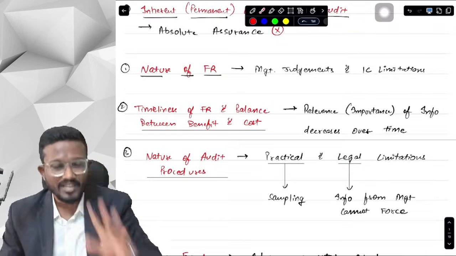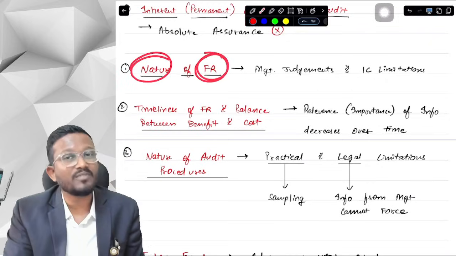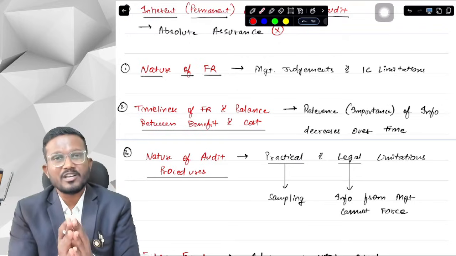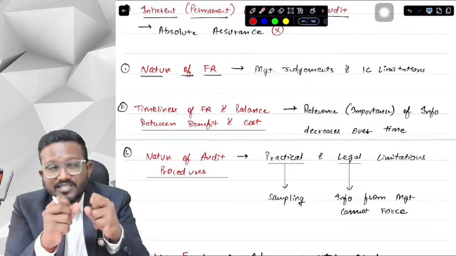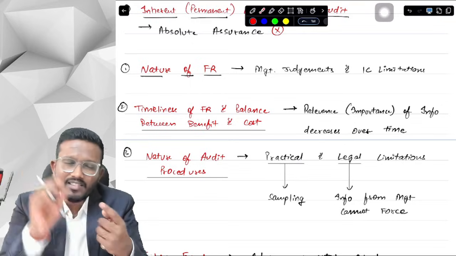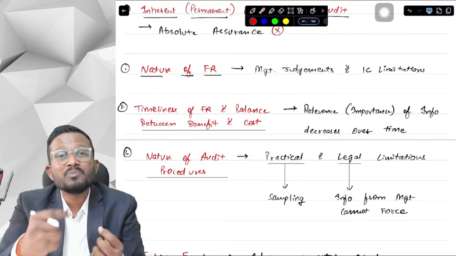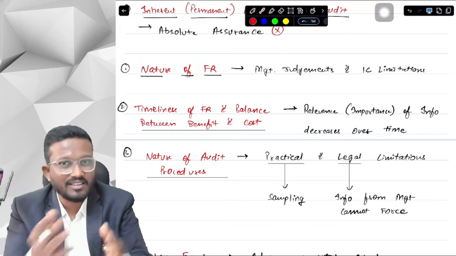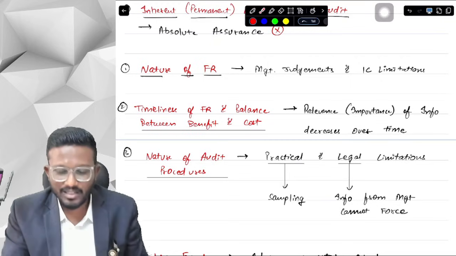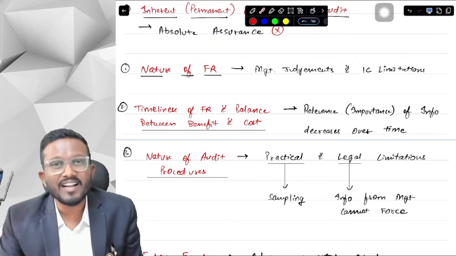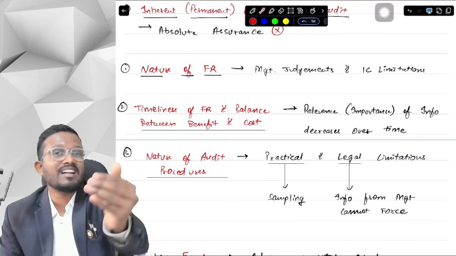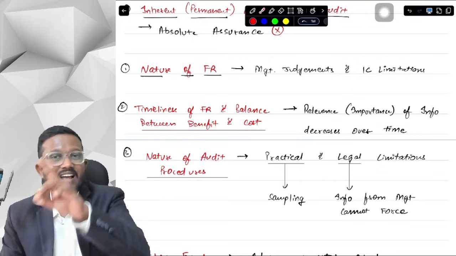Now we are going to discuss what those inherent limitations of audit are. First of all, there is a limitation due to the nature of financial reporting. What is financial reporting, sir? The process by which the financial statements are prepared. The process itself has its own limitation. What is the limitation, sir? Are the amounts that we use in the financial statements all exact? No. Management makes a lot of judgments for determining the amounts that have to go into the financial statements. For example, the provision for doubtful debts, provision for anything is based on estimates, on management judgments. So the financial reporting process itself has its own limitation. That's why there is an inherent limitation on audit.